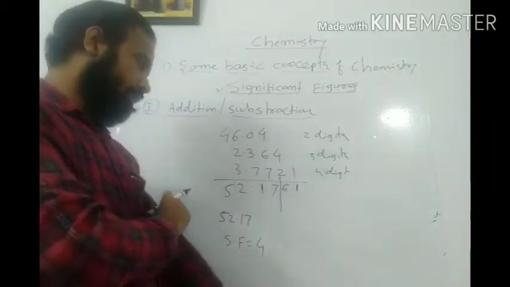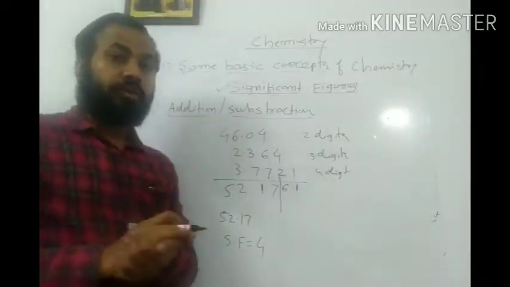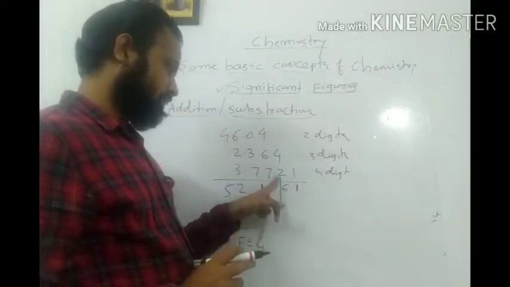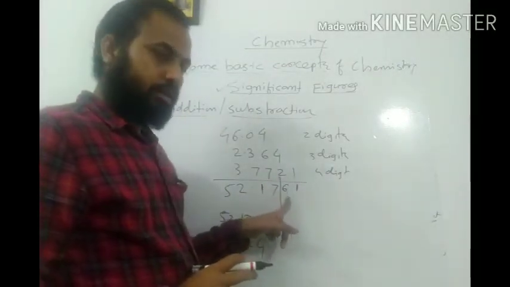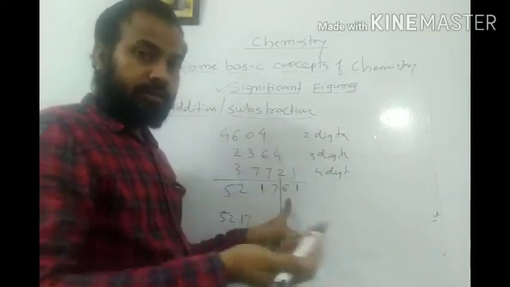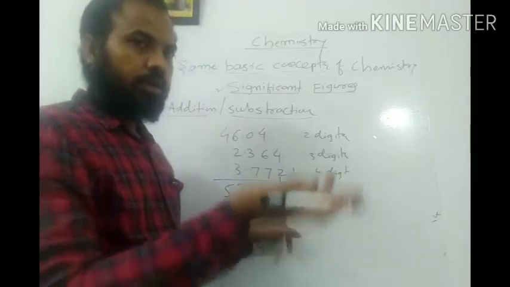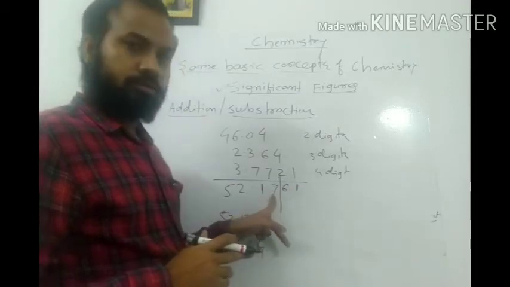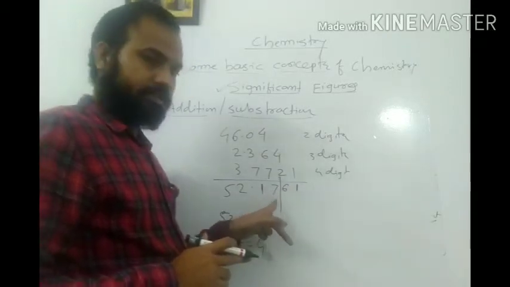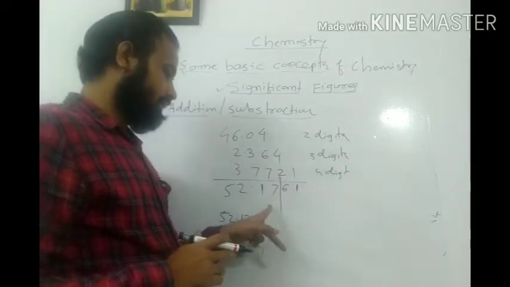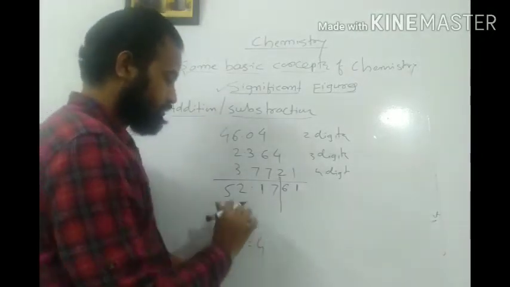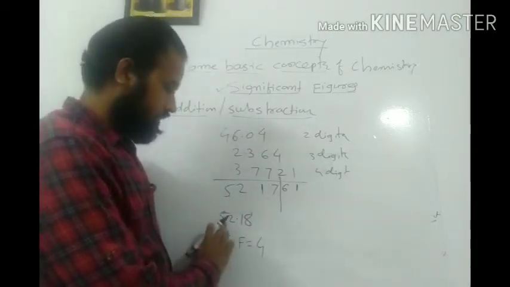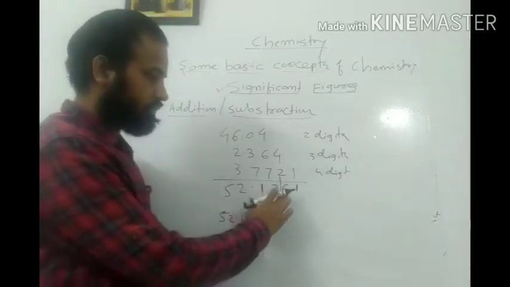Okay, now here we have to consider the principle of rounding off as well, because we have restricted our answer up to this 7, but after this 7 the next digit is 6, which is greater than 5. If this digit is greater than 5, according to the principle of rounding off, we just add one to the adjacent digit. So it should not be 17, it should be 18. Okay, and there will be no change while writing down the significant figures, because I'm going to replace this 7 by 8 only, because this digit is greater than 5.